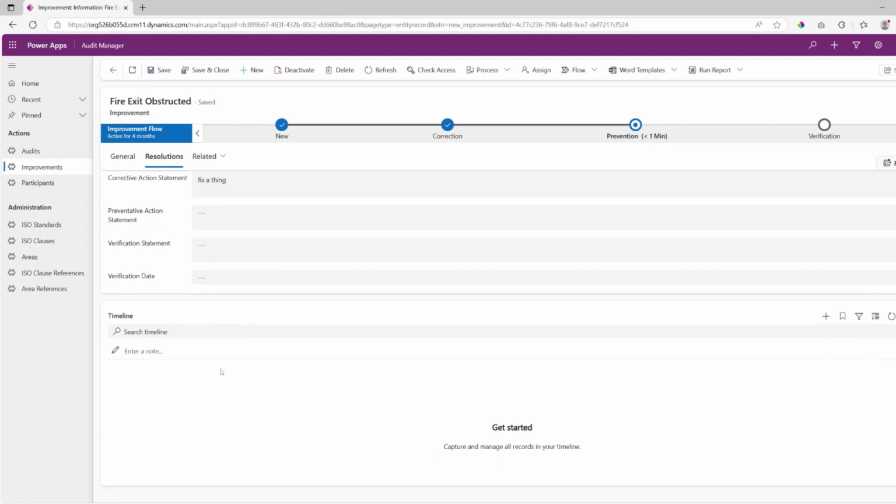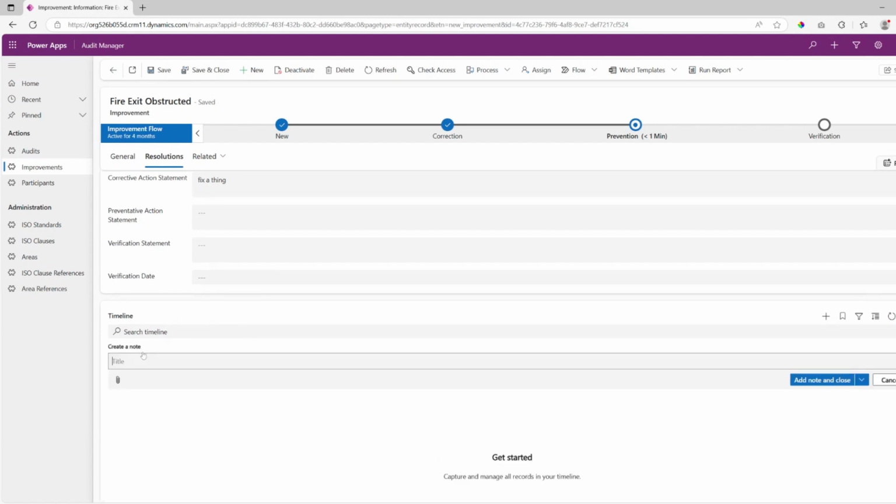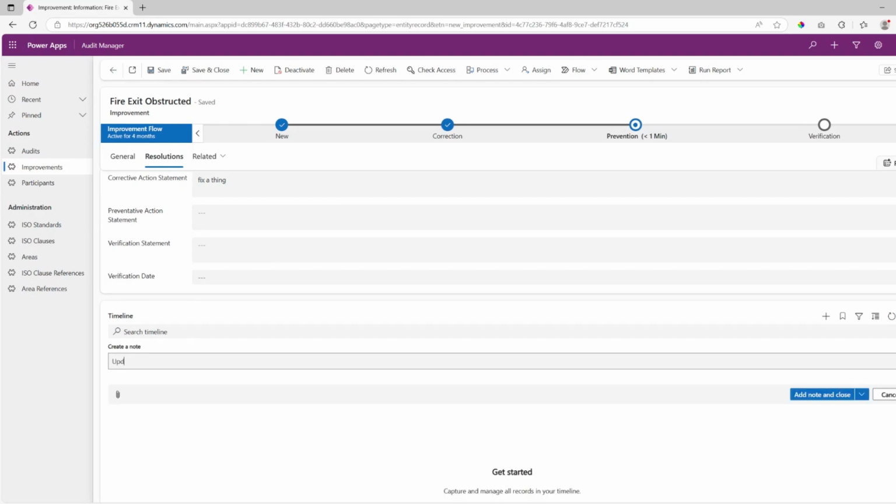We also have a timeline in place, so if we wish to, we can enter various different notes here, pop some updates in with some information, and add a note. So we can essentially get a storyline, which is really great if we've got an auditor sitting in front of this system and the fix hasn't been fully completed. We can show all the various different updates that have happened to show the auditor that we're moving towards a correction, versus an auditor thinking that you've logged it, but you've not done anything about it.